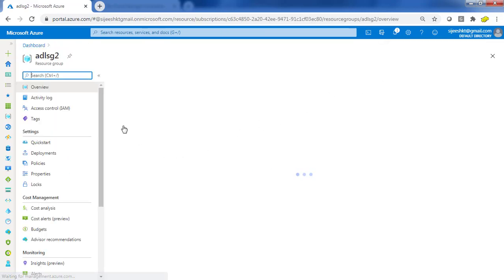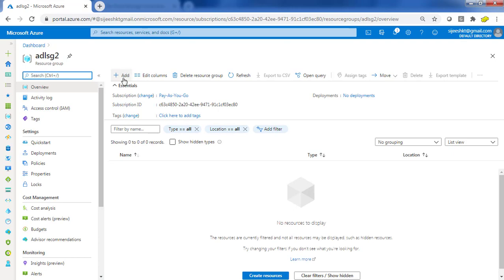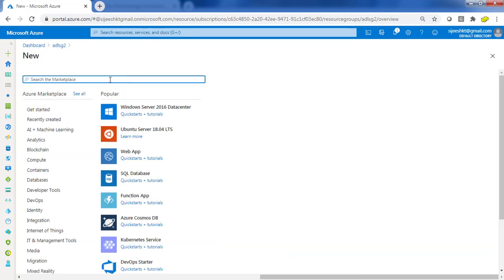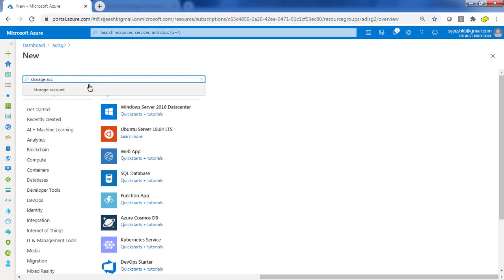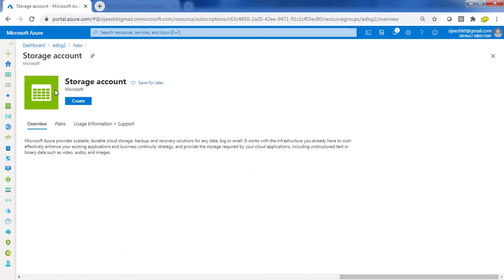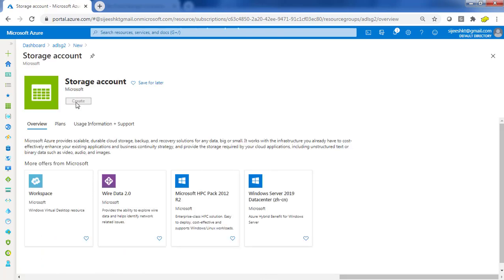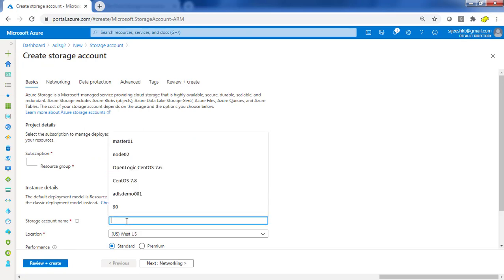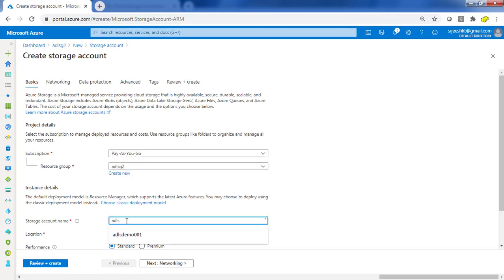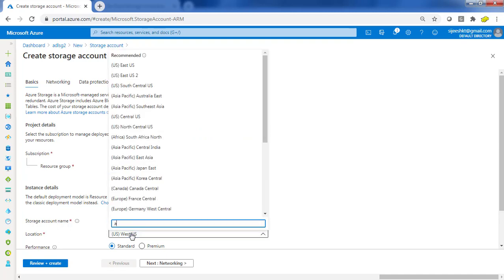Once the resource group is created, we are going to create the ADLS storage account. From the search menu, type storage account, which is the same as our normal storage account. The only difference is that while creating, you need to select some settings. Subscription and resource group you can choose, and for the ADLS storage account name, you need to give a unique name because this URL will be publicly available.